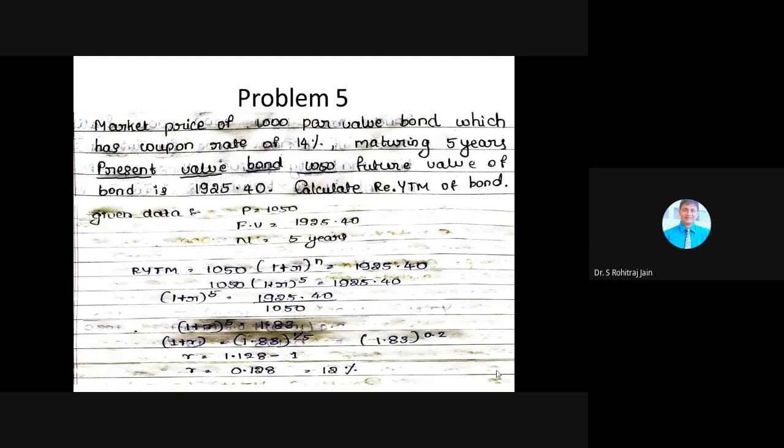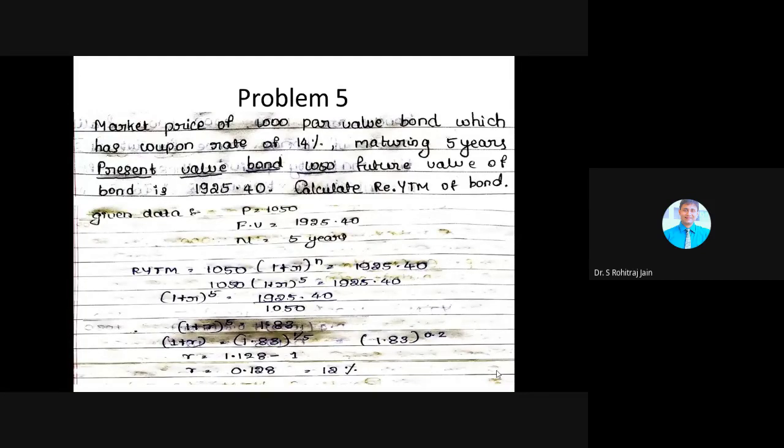Now I'll slowly take the exponent, that is 5, to the right hand side. So 1 plus R is equal to 1.83 to the power 1 divided by 5. From where that 1 divided by 5 came: I moved it from the left hand side to the right hand side. Those who have studied mathematics or algebra will know y to the power x is equal to z, so y is equal to z to the power 1 divided by x. It becomes a fraction when it goes from left hand side to the right hand side. Please understand that. Clear?